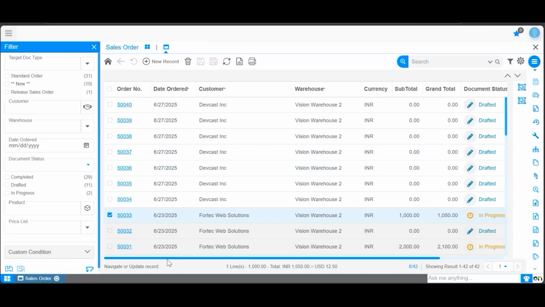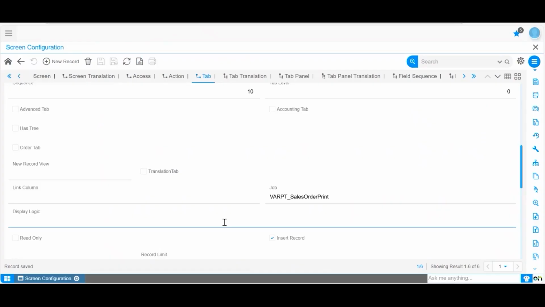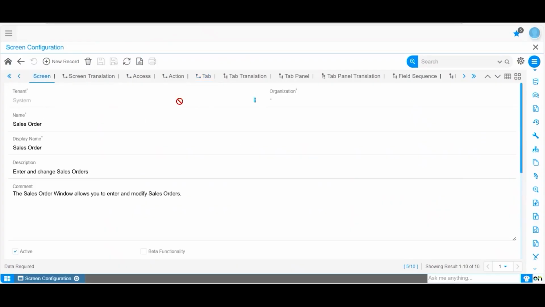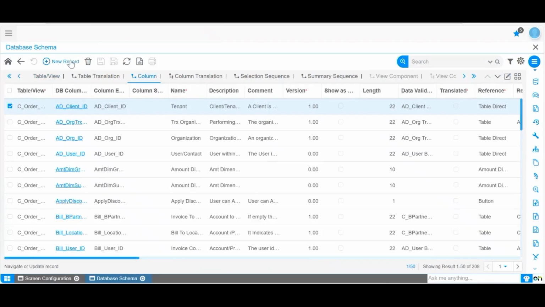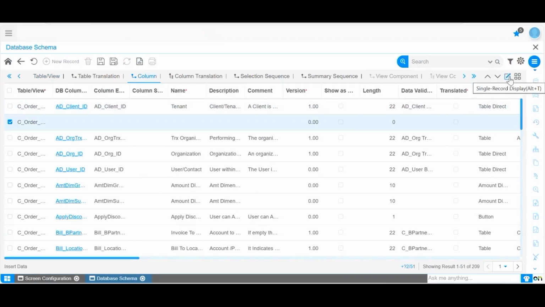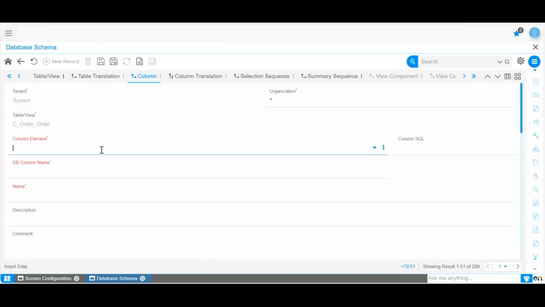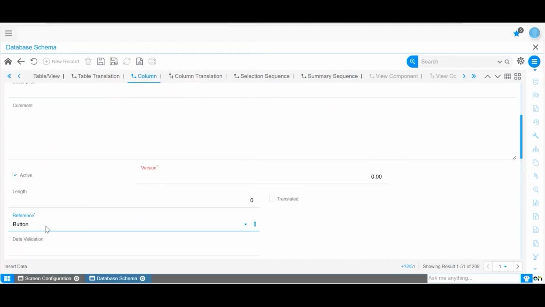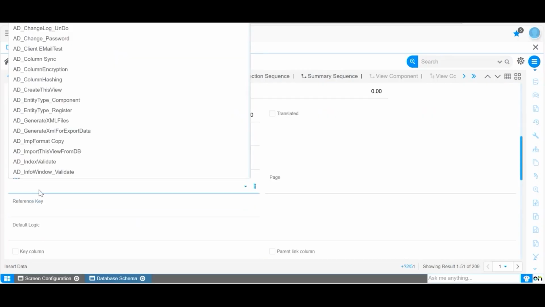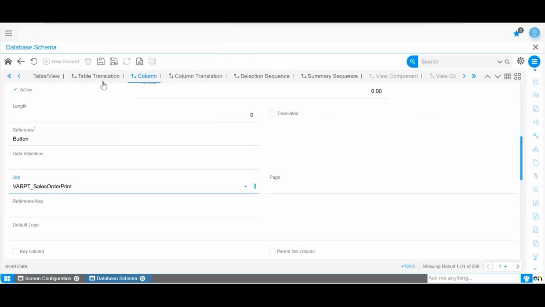Now, I will explain how you can bind the same report to any button. Navigate to the screen where you intend to create a button. This can be the current screen or a different one. Then go to the relevant tab. Zoom in on the table. Create a new column here. Add a new record in the column tab. Write Sales Order Print as the print name. The reference type will be button. You need to select the same process that we created, which is